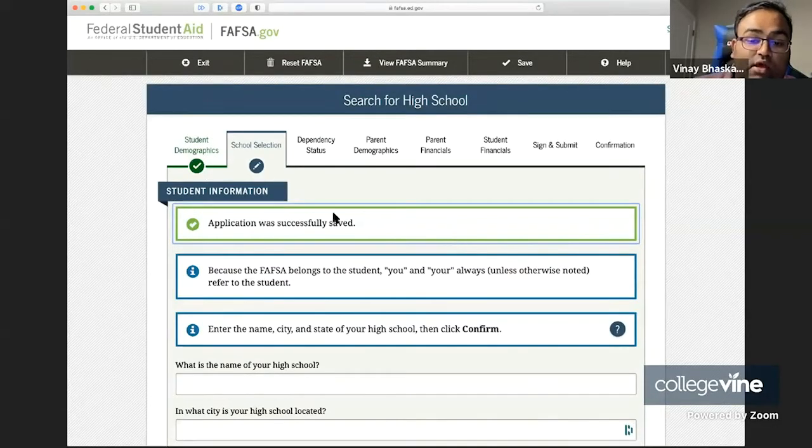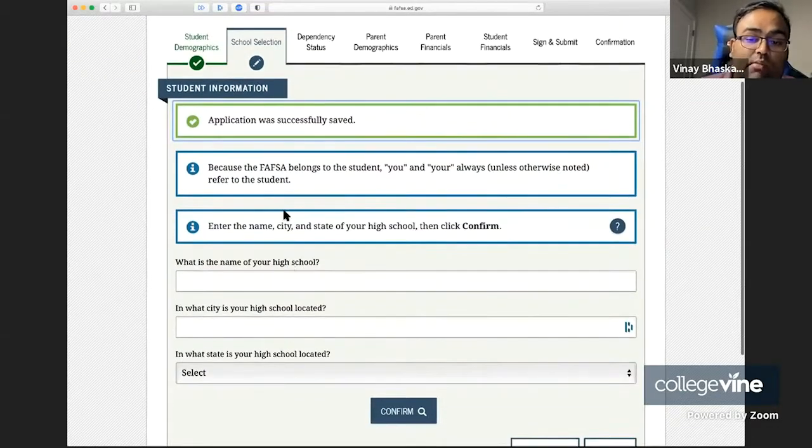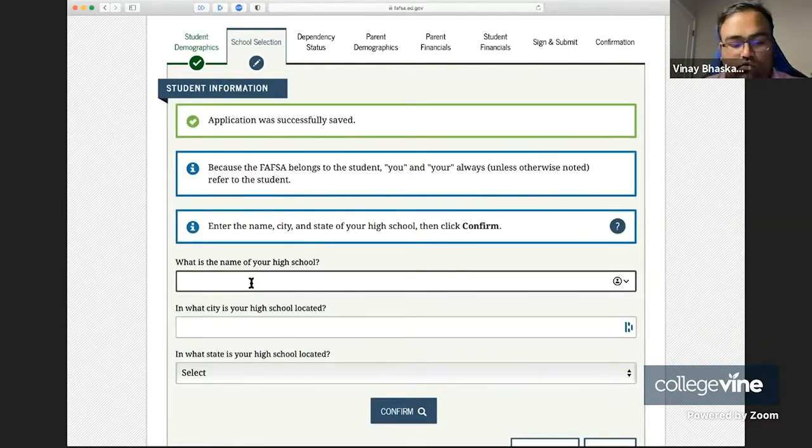All right, now the next piece, so that's the student demographic section. The next section we're going to look at is the school selection, right? And so basically here, they're going to look at a few different components. So first off, they're going to ask for the name of your high school. In this case, we're just going to use a fake or a real high school in Massachusetts